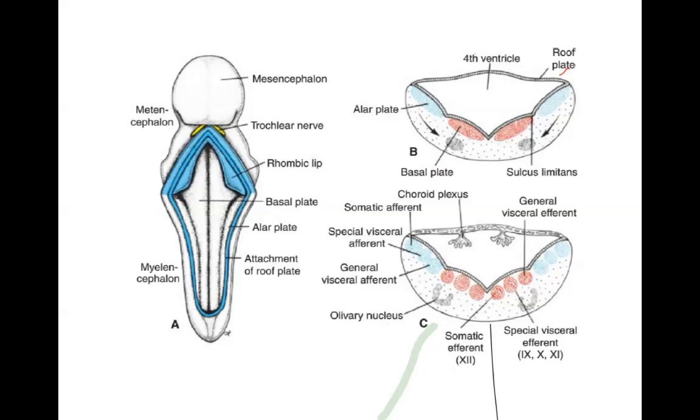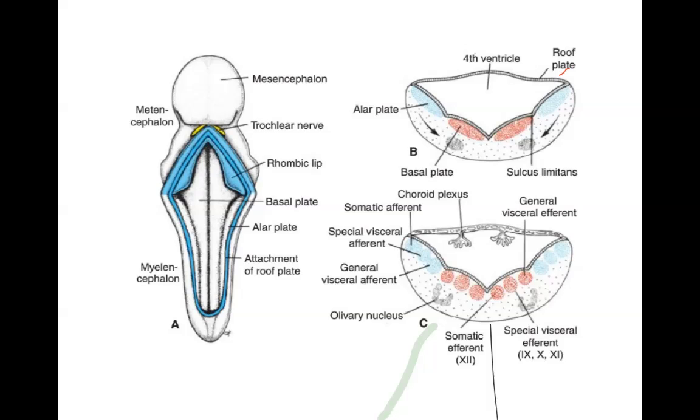And what you see down in the center, you have a sulcus. On either side, you have basal plates, and then you have a sulcus, and then you have alar plate on either side. So they're showing you the floor of the fourth ventricle. I don't know if you've done this, you probably haven't done this in head and neck, but the floor of the fourth ventricle is very important, and a lot of cranial nerve nuclei are discussed in relation to fourth ventricle.